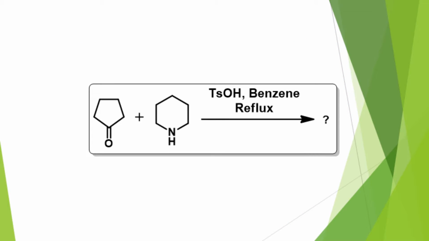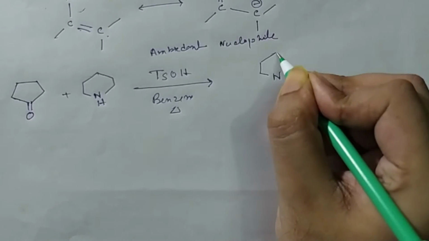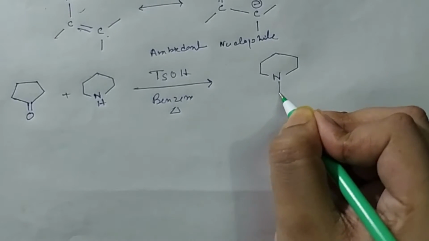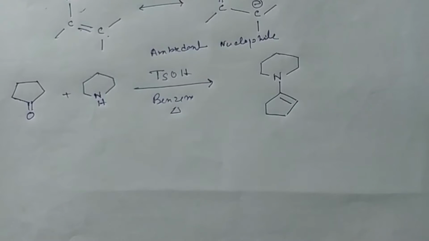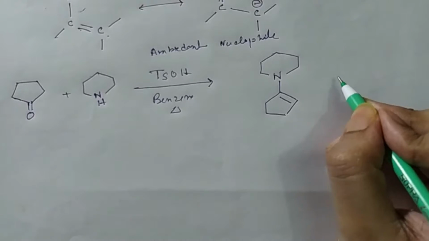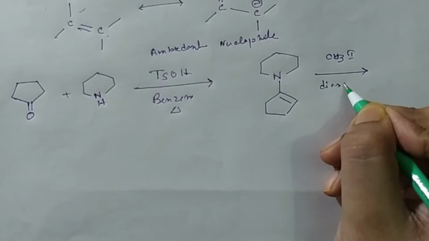So this is our next reaction, when a 5-membered ketone is reacted with a 6-membered secondary amine, and here we can first expect the enamine formation, which is pretty straightforward. So let's write the enamine. As I previously discussed, which center acts as a better nucleophile? So if I give an alkylating agent, which is methyl iodide, that reacts very fast in dioxane medium, which